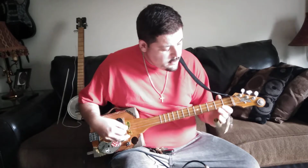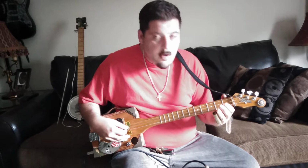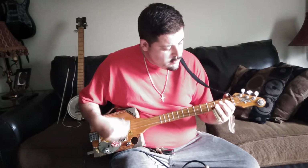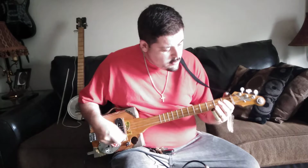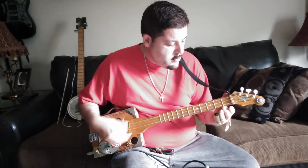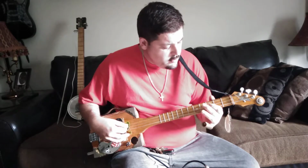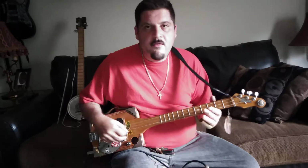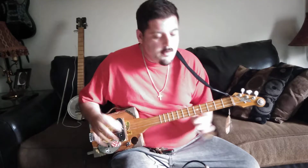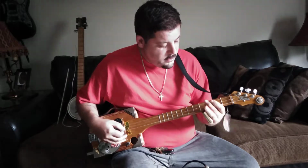So I'm just sliding from second to third as I'm alternate picking. From second to third. Rather than do it the technique I've seen people do it, whatever, I'm not doing it that way. Then you come into where you're going to start singing, and from there,